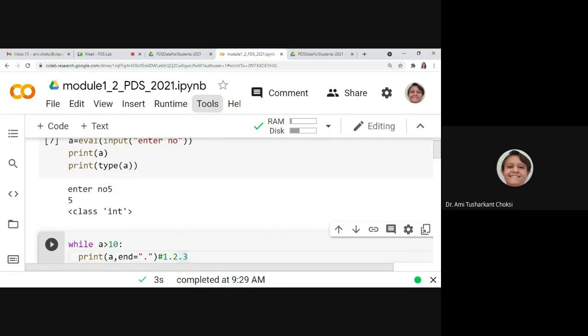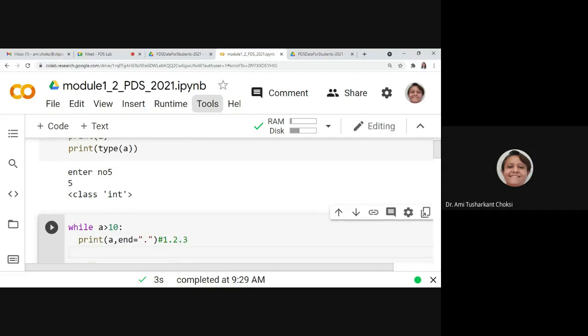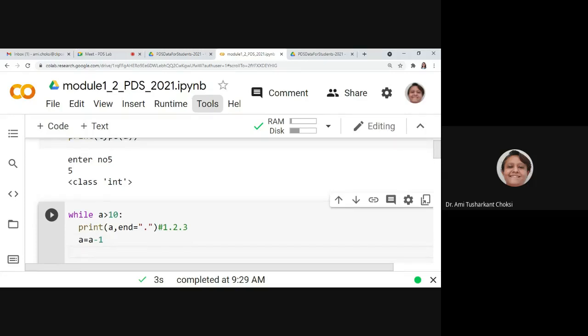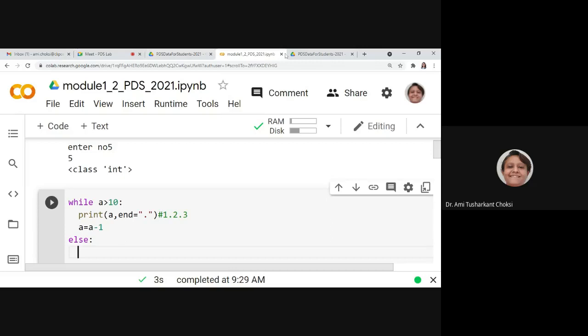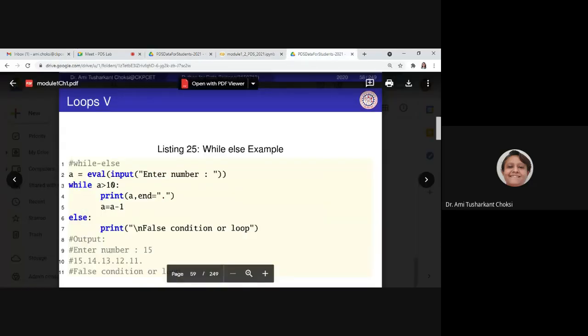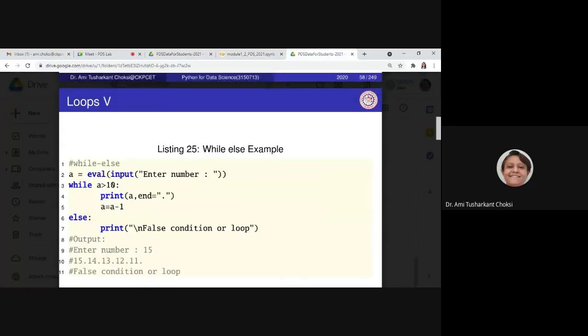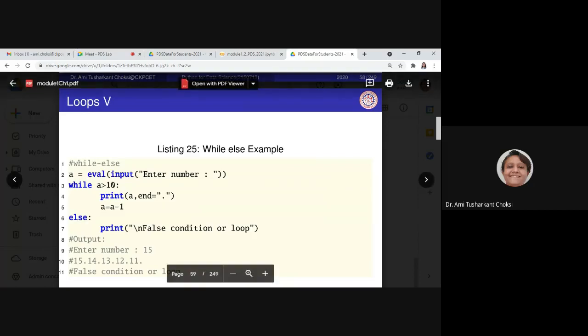Okay, so here A is equal to A minus 1. Okay, this is our while. And what else? We want to provide the else. For else, what we provided, the same code I'll show you, right? Print false condition, as in the for loop, right? False condition. So let me write it.